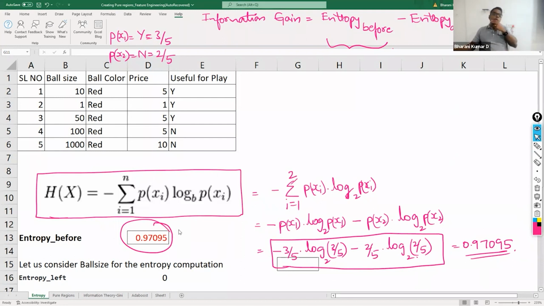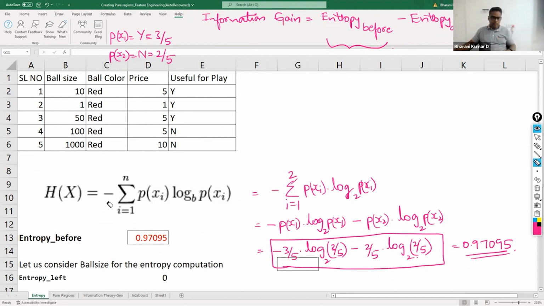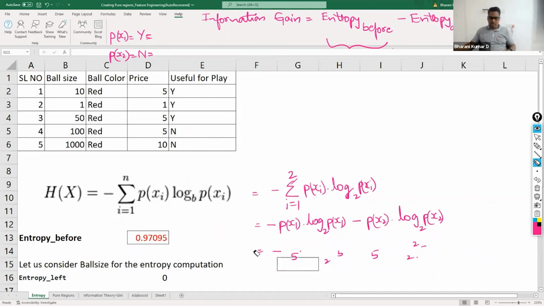Wonderful. Now what do we want? We want entropy after. So what I'll do is, I'll just erase only those things which we are not going to repeat. All right. Now entropy after. If we take, for example, ball size as a variable. For all the variables we need to calculate. Now let's just take ball size. If I take ball size,